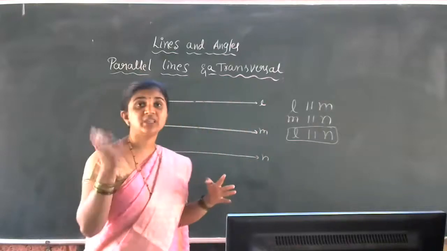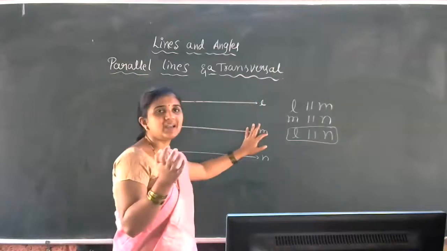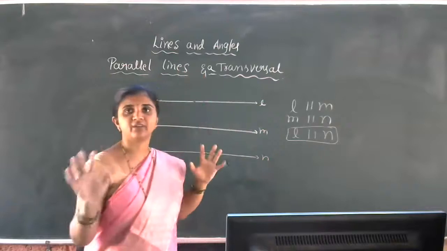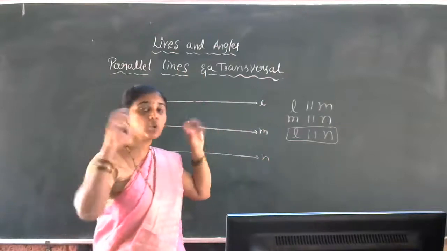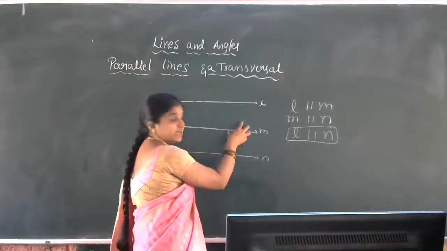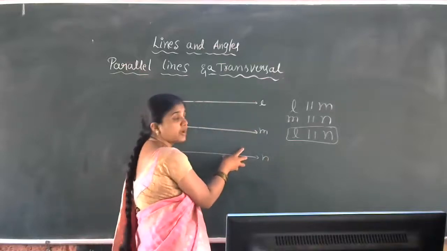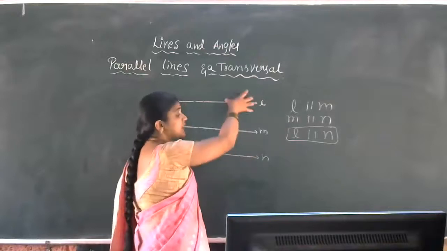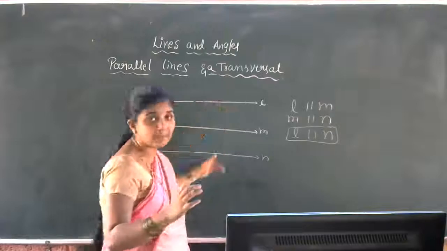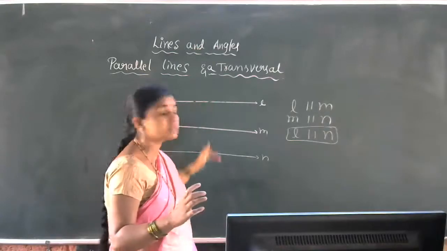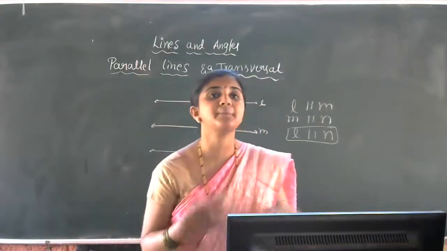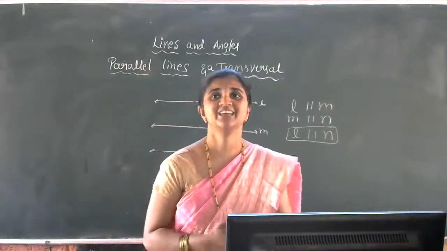In the question, they will give only that L is parallel to M is parallel to N, and ask you to prove or find something. So in that topic, you have to apply this knowledge that if L is parallel to M and M is parallel to N, then according to that axiom, L is also parallel to N. You can use that because we need the parallel condition. If the lines are parallel to the same line, they are parallel to each other. Is that clear, students?